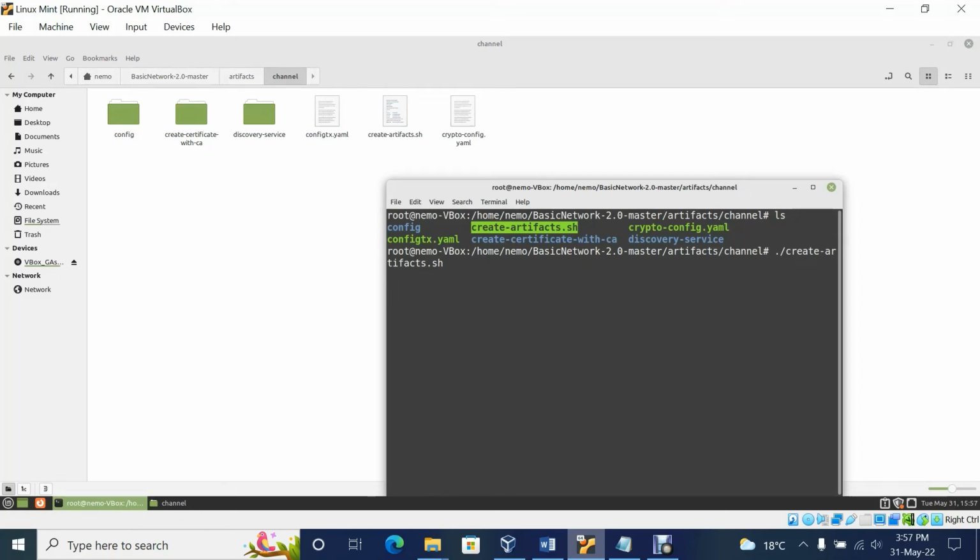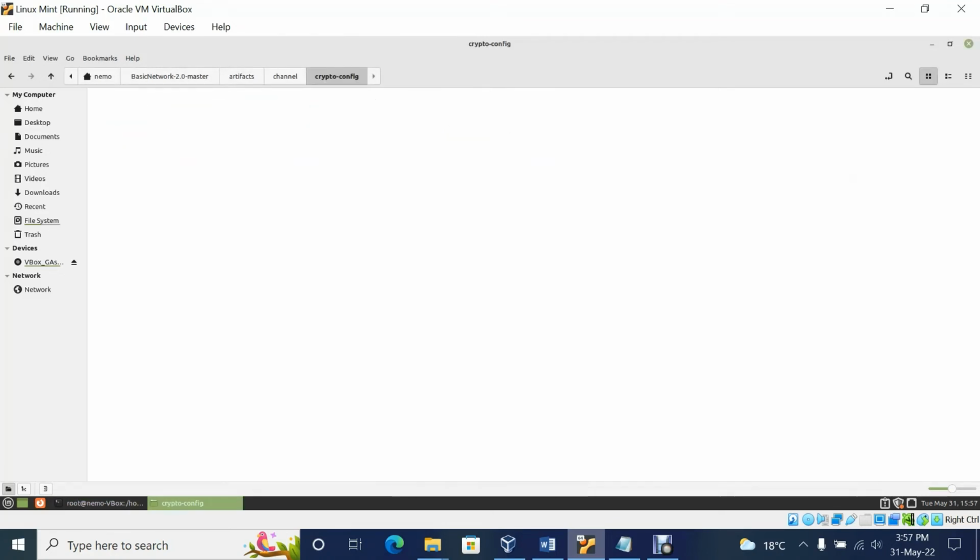The name of the folder will be crypto config. Okay, then execute it. Immediately the crypto config folder is created,